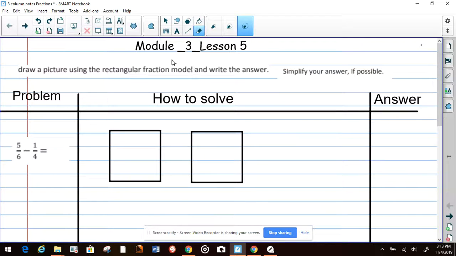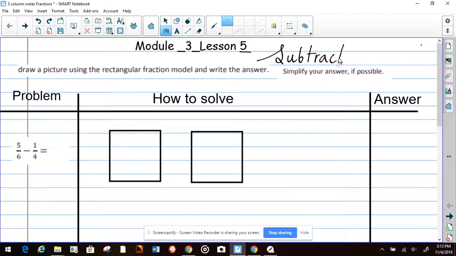We are now looking at Module 3, Lesson 5. Today, we're going to start with subtraction. So this is a subtraction problem. Let me write this down. Subtraction. Okay, so